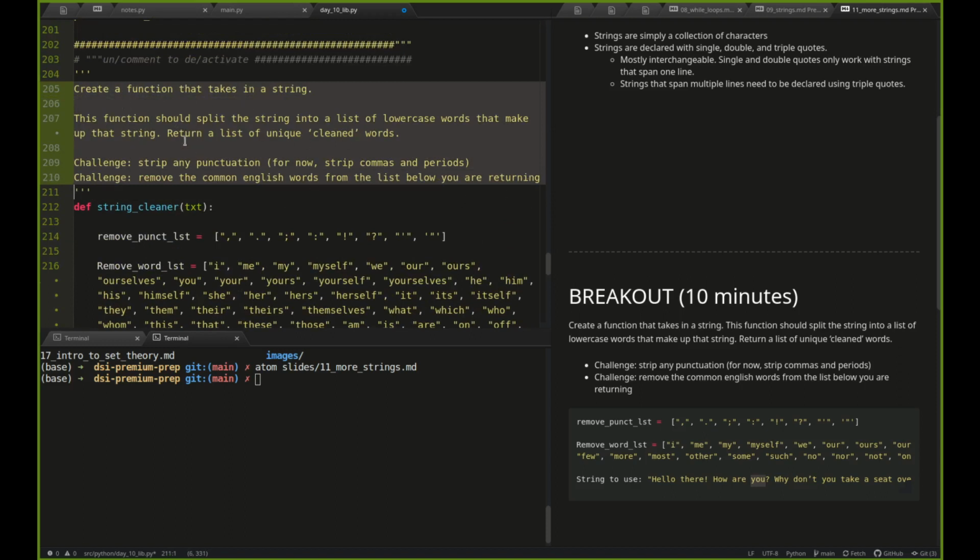Create a function that takes in a string. Done. This function should split the string into a list of lowercase words. There's a bit of an intentional misdirection here. We will be splitting this string, but we won't necessarily use that as the output. It'll split the string into a list of lowercase words that make up the string, and return a list of unique